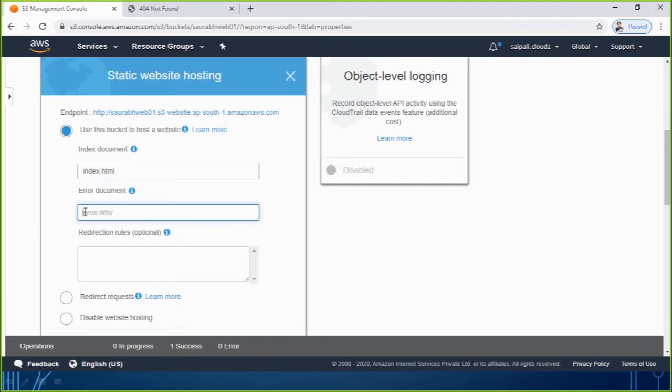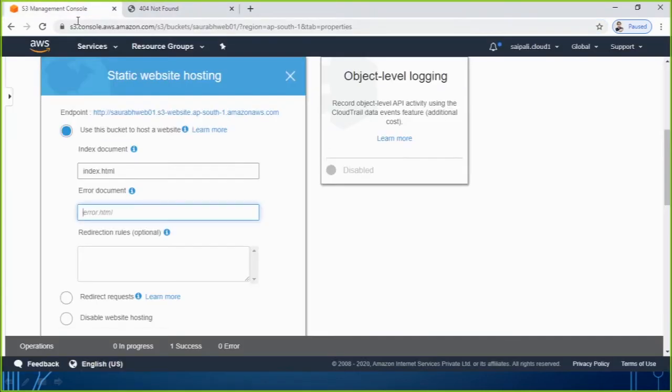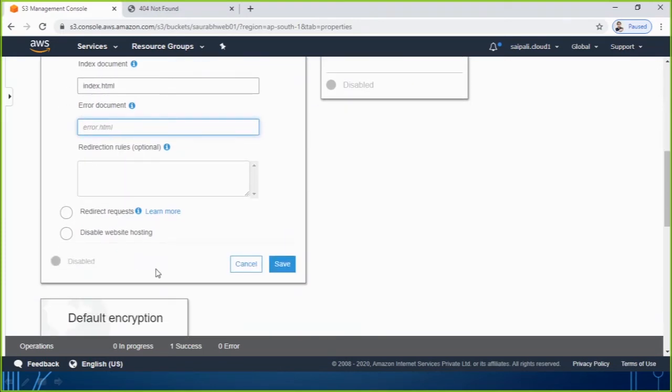Then here, maybe if you have any other page you have made especially for errors, for when the page is not available, like for example right now the page is not available, then rather than displaying this kind of thing, if you want to display some special page, you will be giving the name of that file. But right now I'm leaving it blank, and I just click on save.